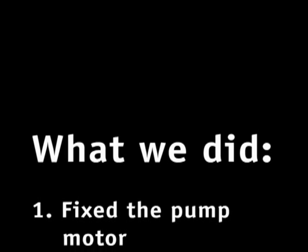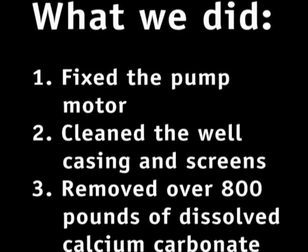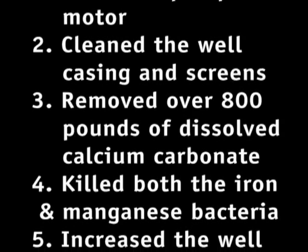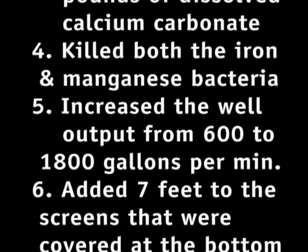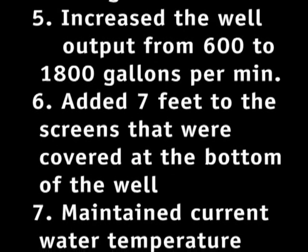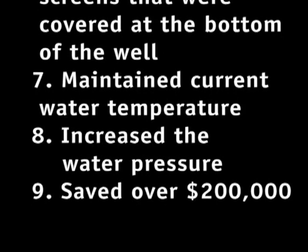What we did: fixed the pump motor, cleaned the well casings and screens, removed over 800 pounds of dissolved calcium carbonate, killed both the iron and manganese bacteria, increased the well output from 600 to 1,800 gallons per minute, added 7 feet to the screens that were covered at the bottom of the well, maintained the current water temperature, increased the water pressure,